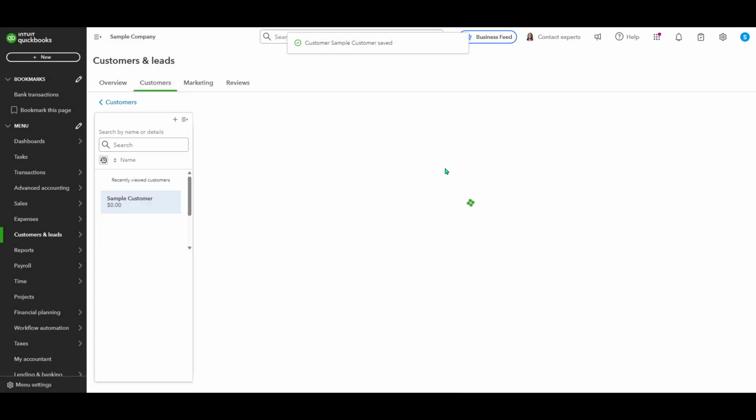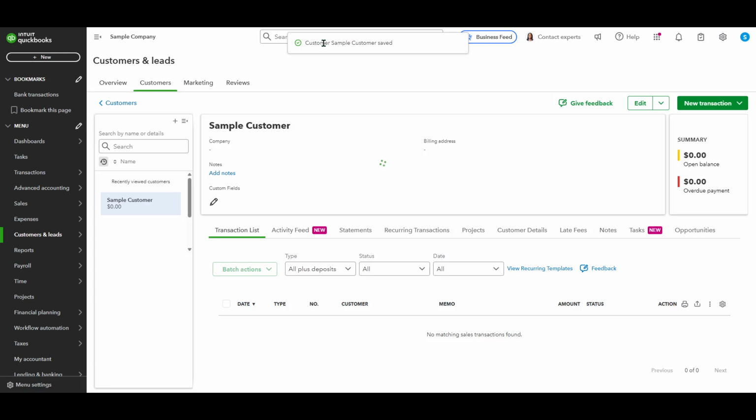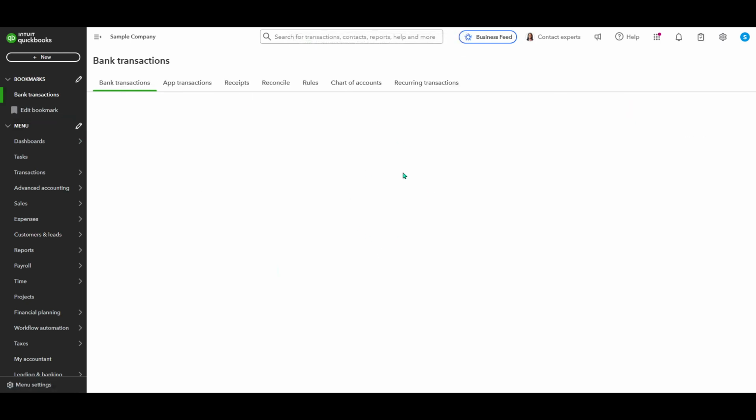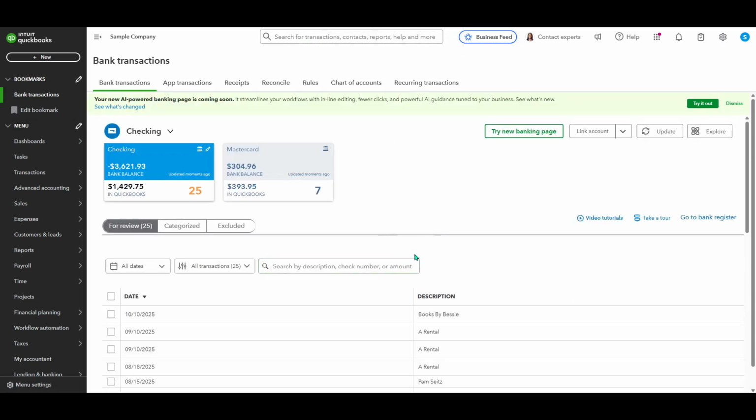Managing your customer list in QuickBooks is designed to be effortless, helping you keep up with changes and additions with minimal fuss. By regularly updating and reviewing your list, you ensure your records remain current, leading to better customer relationship management. With this newfound knowledge, you can seamlessly add, edit, and maintain your customer database, keeping your QuickBooks account organized